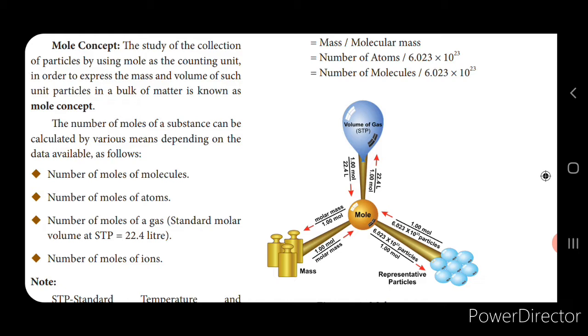So I have a specific unit, isn't it, to describe the mass of the substance. Now atom being very microscopic, a special unit is needed to describe it. Now we use a special unit to describe the large number of atoms, because atom is very microscopic. To find the mass of one atom becomes difficult, isn't it? So we use a special unit to describe the large number of atoms.